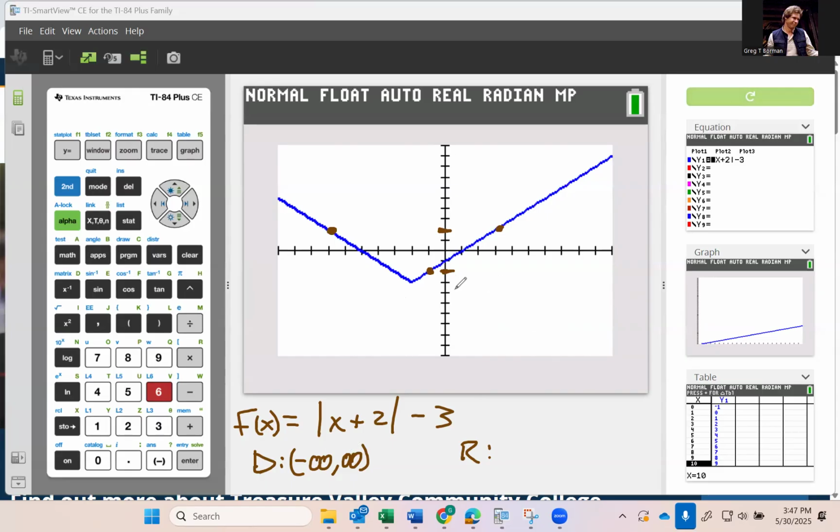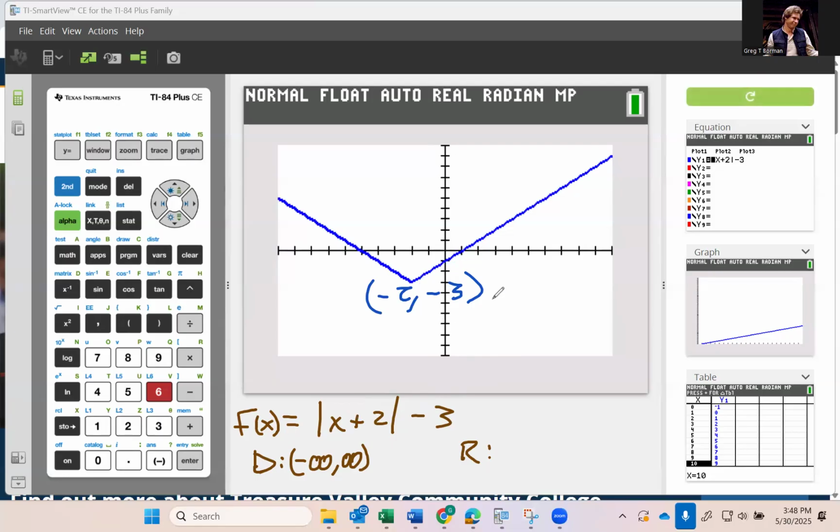So what would it be? Well, how far down does it go? Let me change colors because it's fun. The vertex right here, that sharp point, it's at -2 and -3. I know, you're like, whoa, whoa, this is a +2. Well, you just do the opposite of the x coordinate. That's how it works. So it comes all the way down to a height of -3,